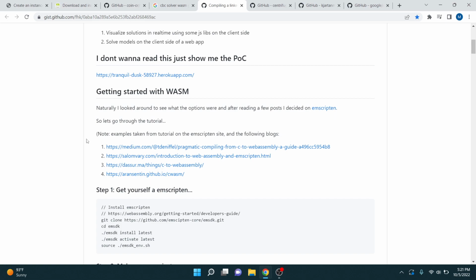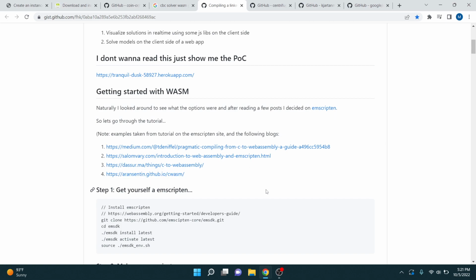It would be nice to not have to deal with that at first, and just have it work, and not deal with the complexity of setting up a backend that will handle multiple users running different solves at different times. All right, anyways,